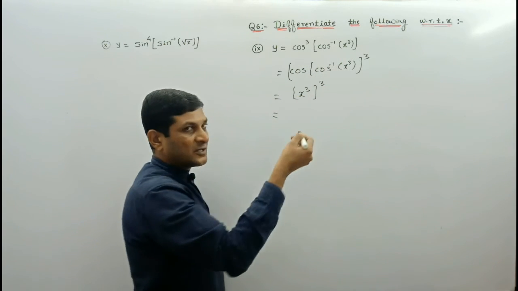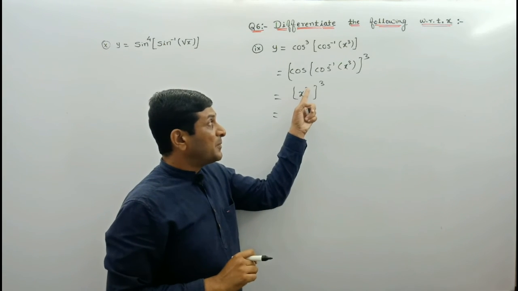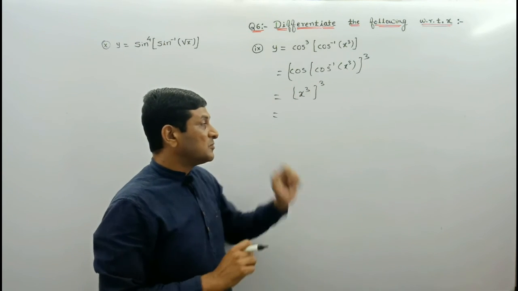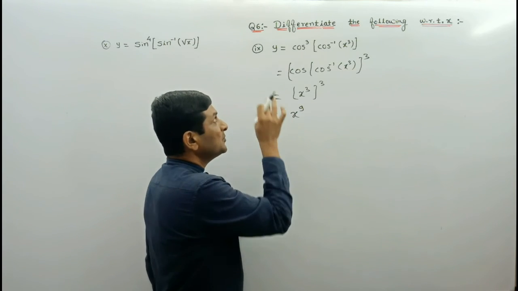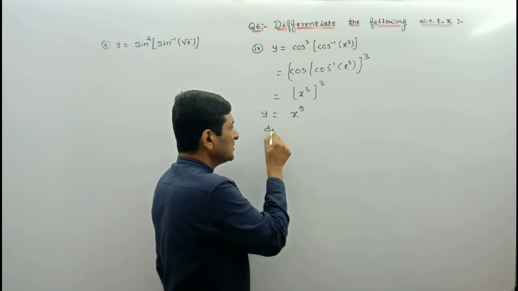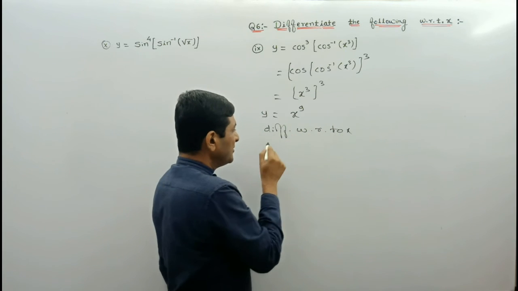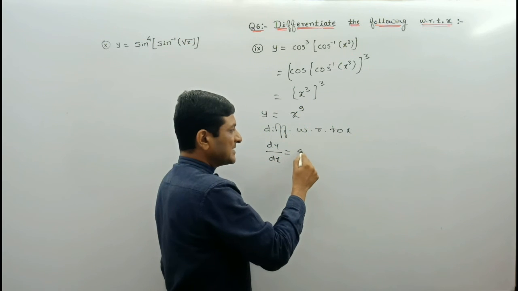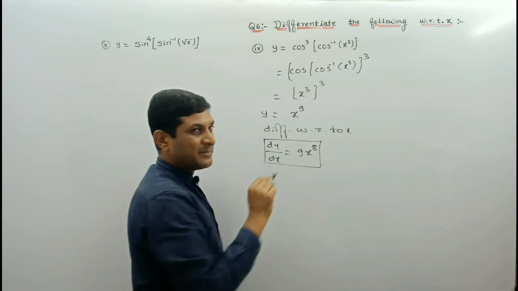Then now apply the laws of indices, or we can say laws of exponent. It is in the form of a raised to power m raised to power n, can be written as a raised to power m into n. M into n means 3 into 3 will be equal to 9. In this way, we have converted the given function in the simplest form. Now differentiate it with respect to x. So derivative of y is denoted by dy by dx, and on this side first take the power as a coefficient and decrease power by 1. In this way we have got the value of dy by dx.